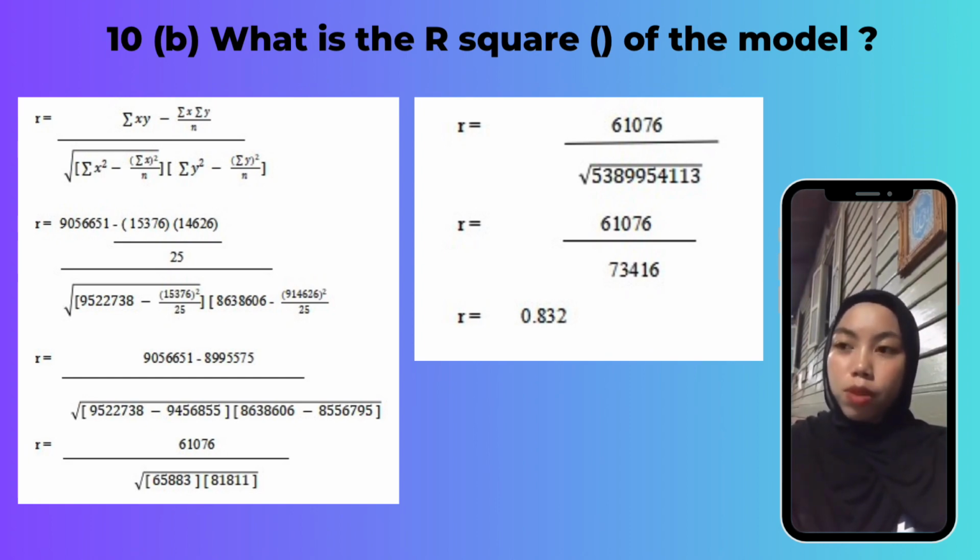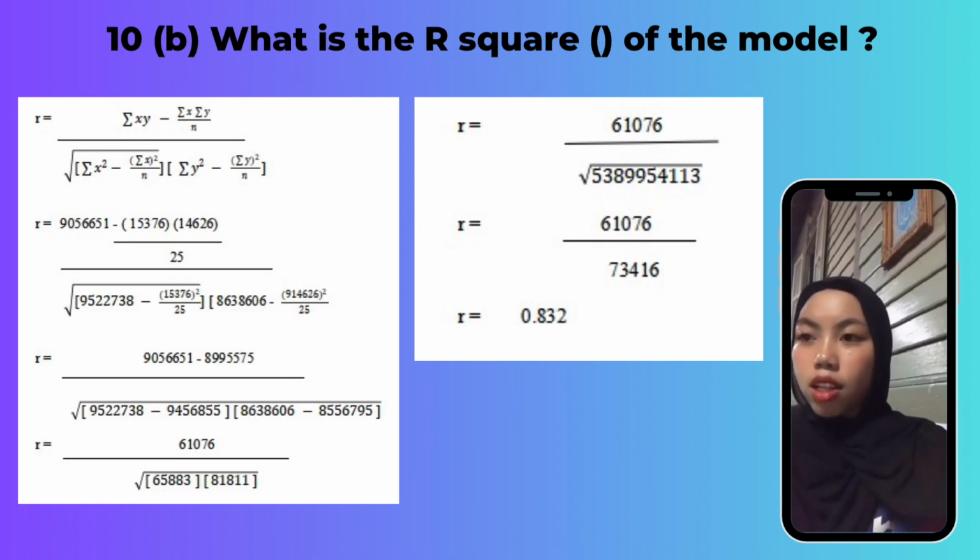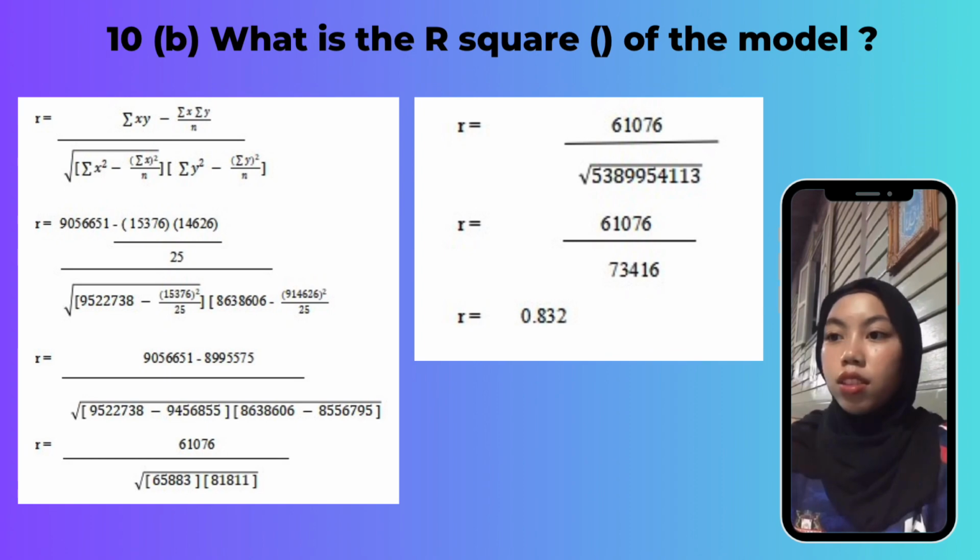So we put the number for sum xy is 905, and we minus 15376 bracket 14626 close the bracket, and we divide 25